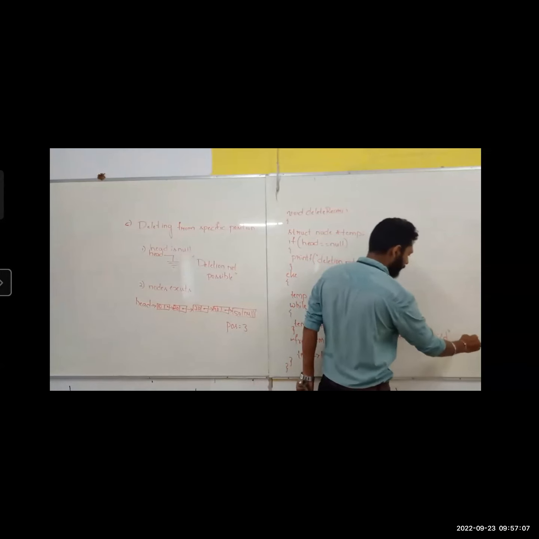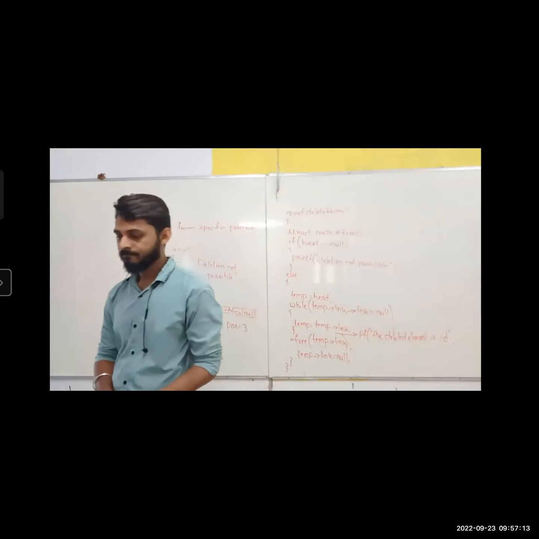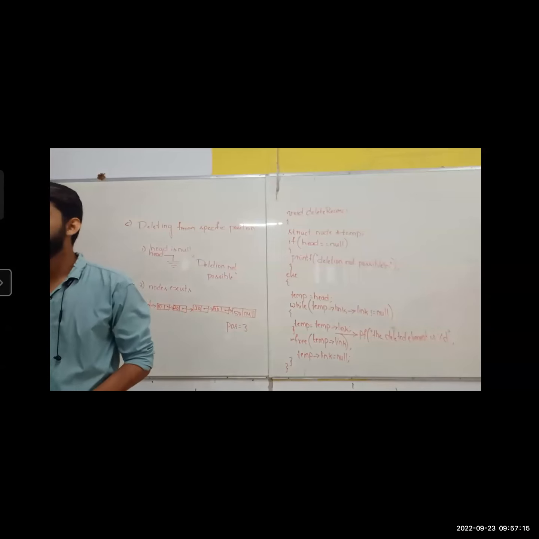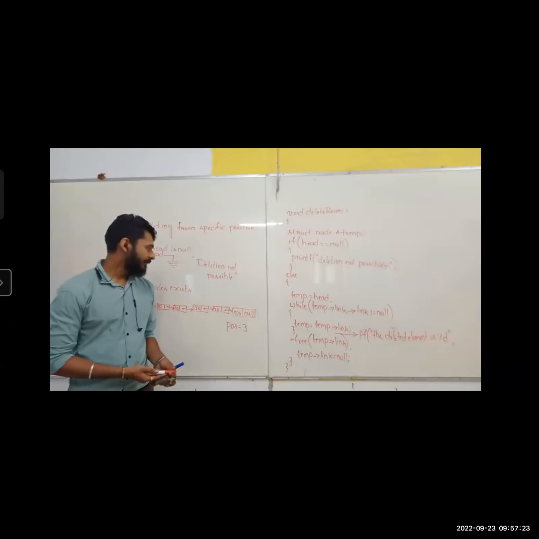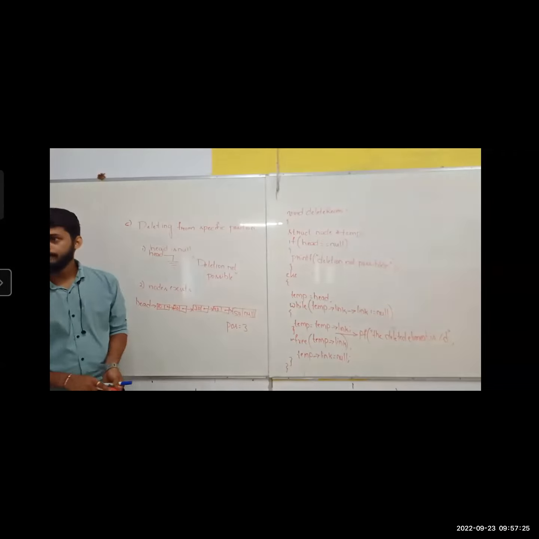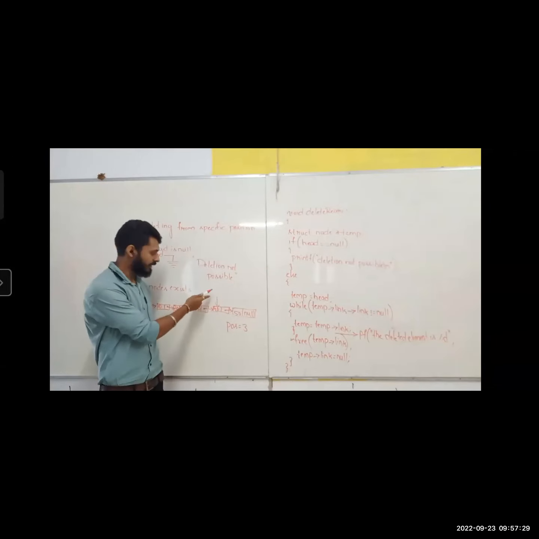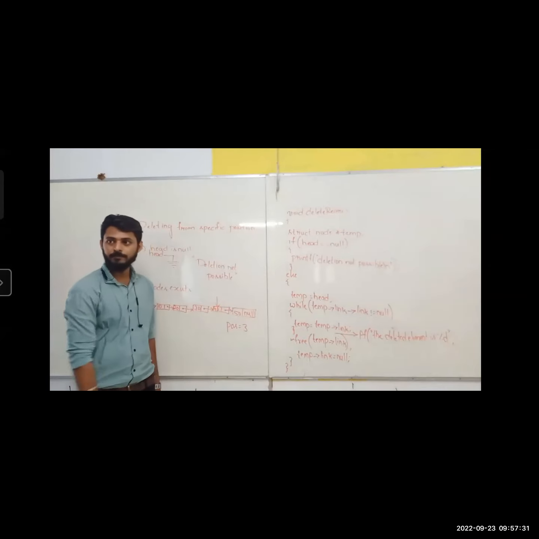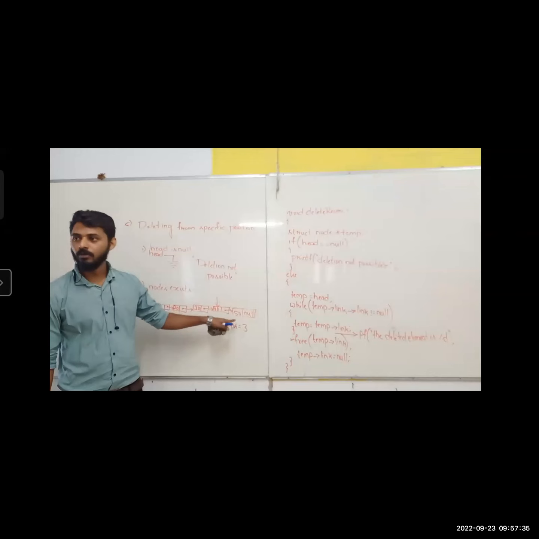%d, and what it should be? %d means what it should be? Temp. If I directly print temp's value, if you say where my temp was pointing, previously it was pointing to here. This value means 40. Should I print 40? This one I deleted, right? How can I get this one?